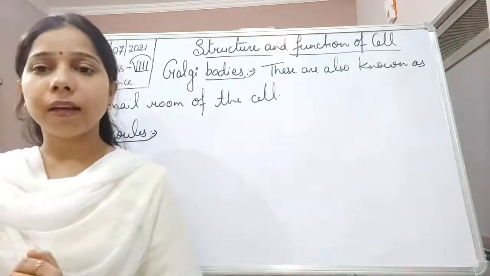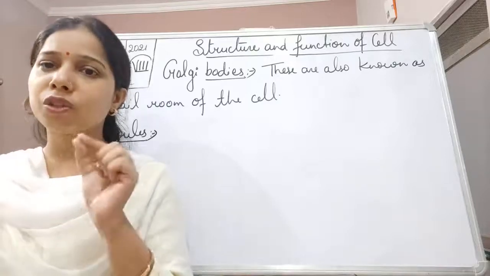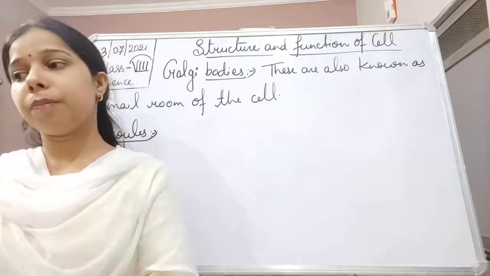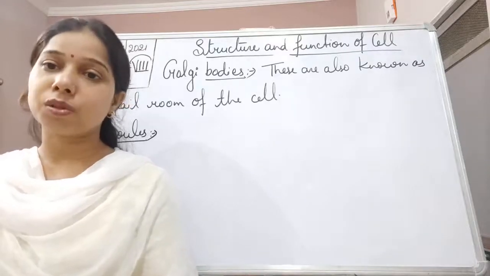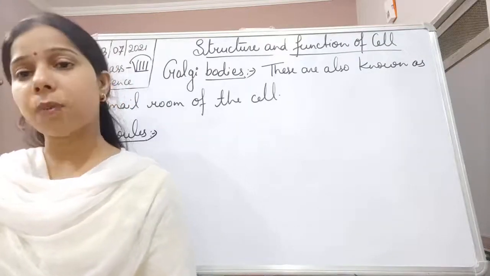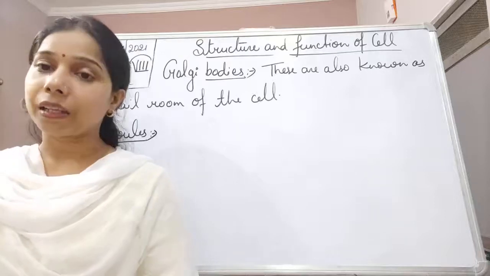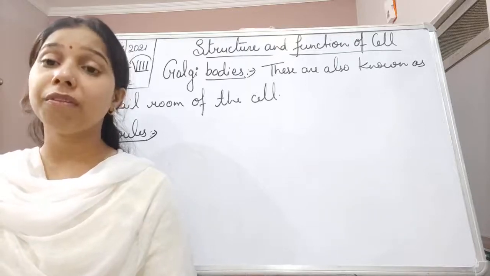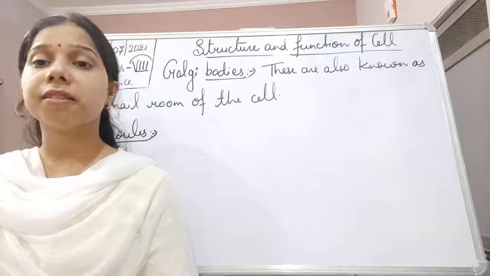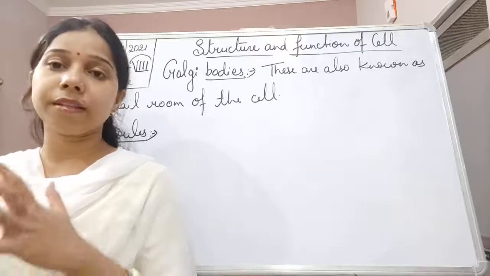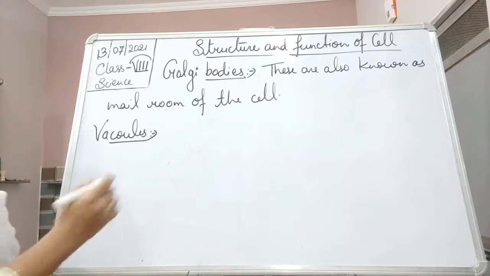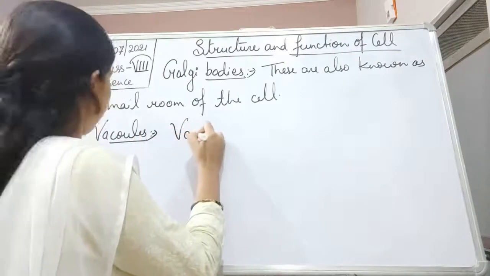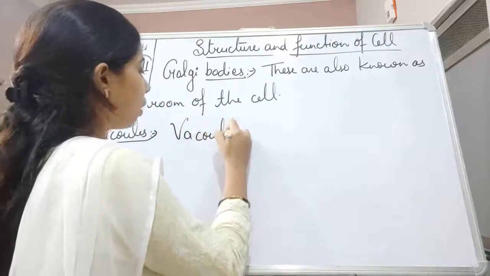We can say that in the cell there is a small membrane-like structure. This membrane consists of a fluid, and that is why we say that a vacuole is a fluid filled sac which is surrounded by a membrane. Okay, so vacuoles are